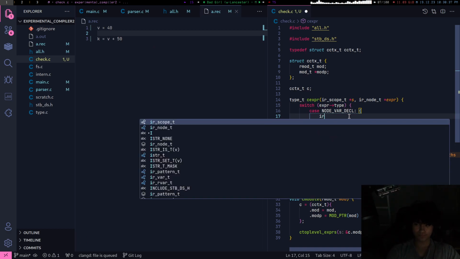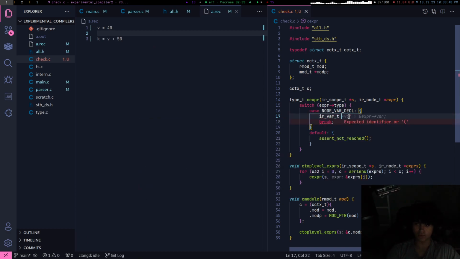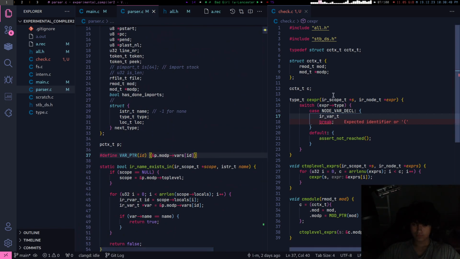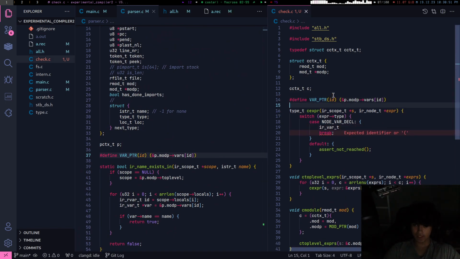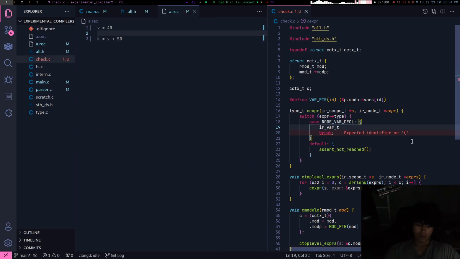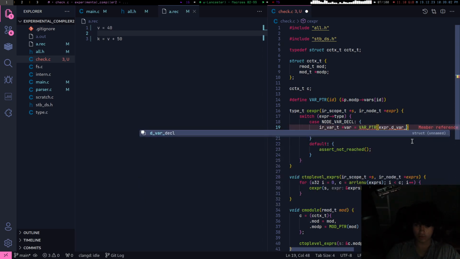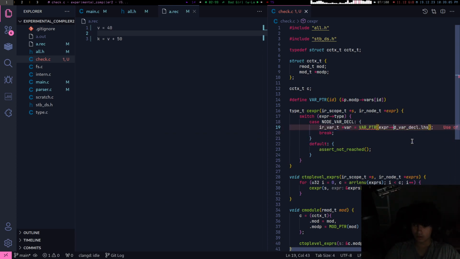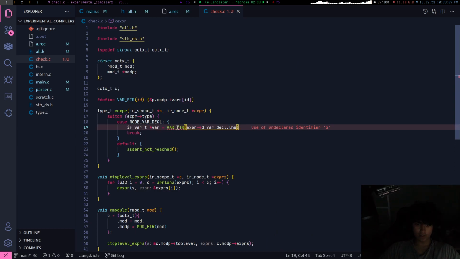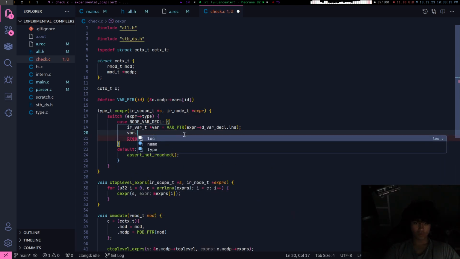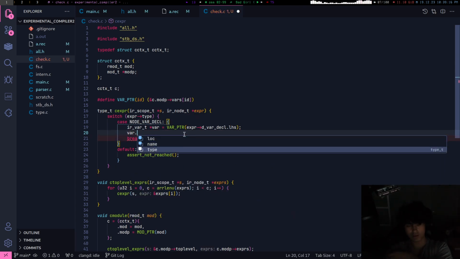Yeah, so first I want to get the var. Let's do var ptr. Yeah, this is a nice macro to this style. Var equals the var decl left hand side. What's it say? Use of undeclared identifier p. Oh yeah, because it's C now. Yeah, so vars always have a type. They always have types.